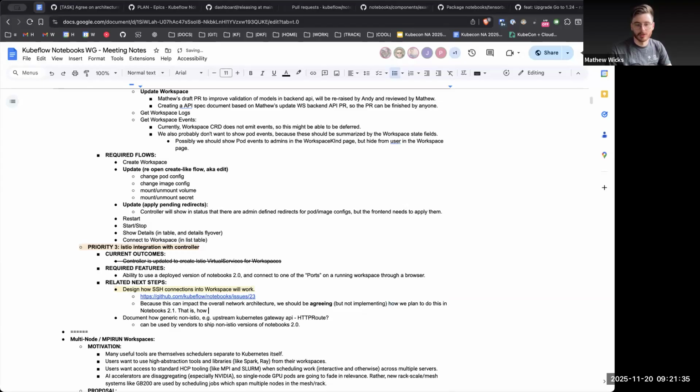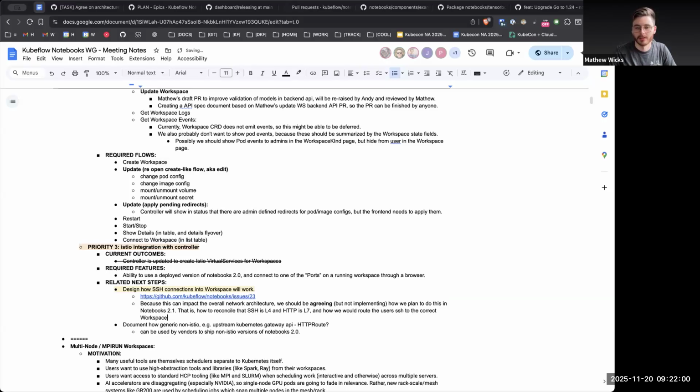That is how to reconcile that SSH is L4 and HTTP is L7. I've honestly forgotten where TCP is. And how we would route the user's SSH to the correct workspace pod.